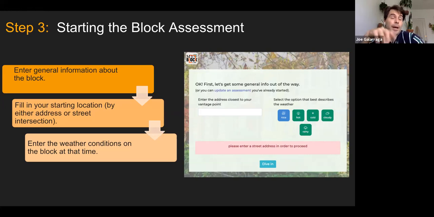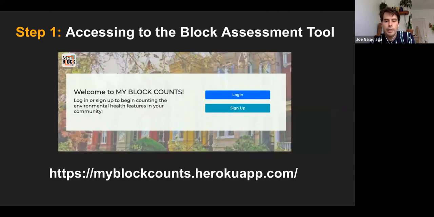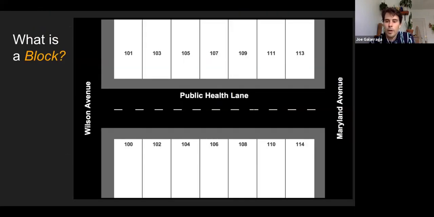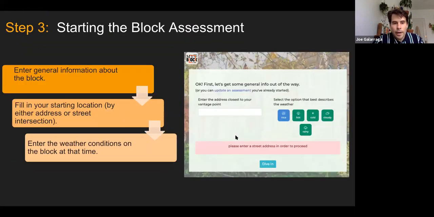All of the information is about the block as a whole, right? So it's not, oh, we need to know where your address is. No, we just need to know the block that you're on. So any address on the block, and then from there we take it and we are able to know that, okay, this accounts for this entire area, in this case between, as we were looking at before, Wilson Avenue and Maryland Avenue. So basically the data will remain the same if you're at 110 or if you're at 103, because this is what we're looking at here. So just a thought there.